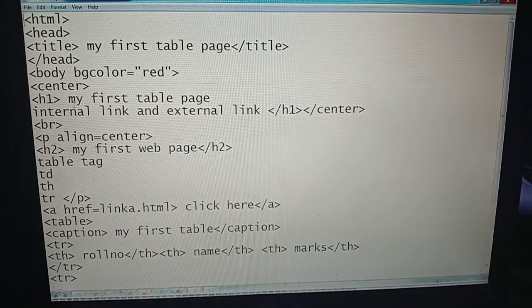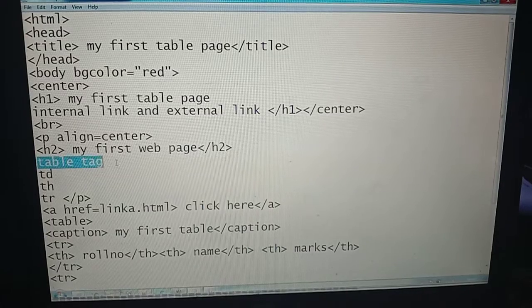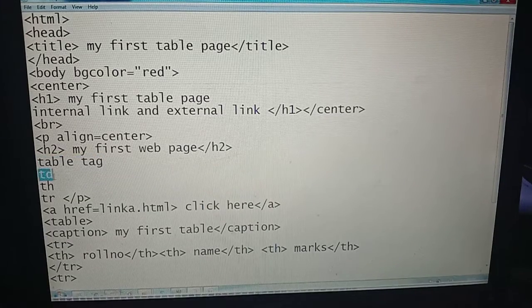Then the next command we will use for the particular heading, my first web page as a table tag. We have mentioned here table, then td, tr, th.